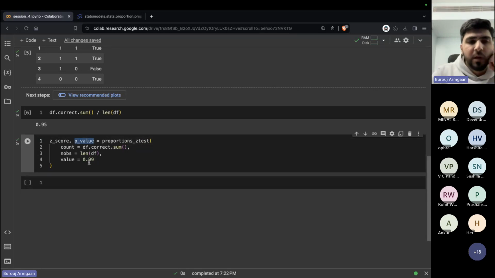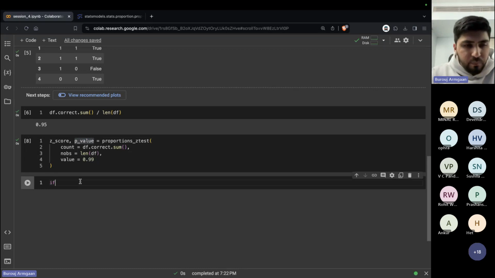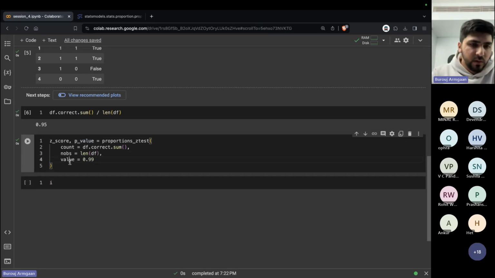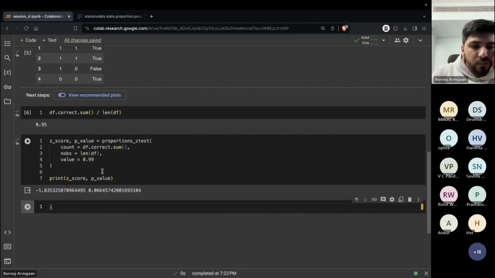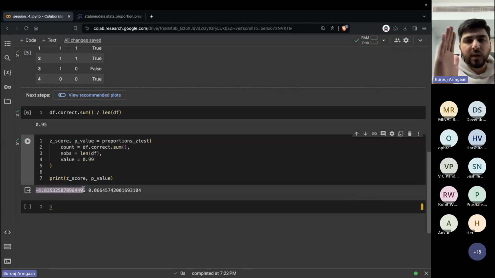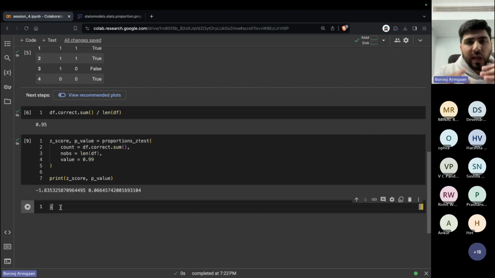Now, based on this p-value, we have to make a decision. So let's print these out first. So let's say we have print z-score, p-value. Now, because our z-score is negative, it means that we are on the left side of the mean. So to compare with alpha,